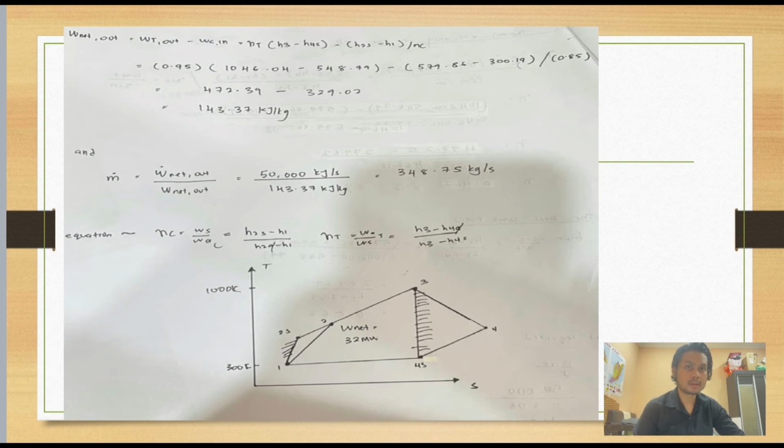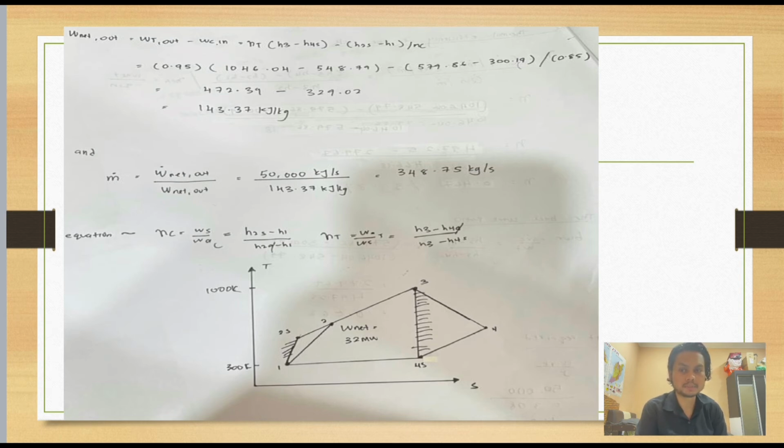So we must add the isentropic efficiencies to W net. It will be 0.95 times H3 minus H4 minus H2 minus H1 divided by 0.85. Using simple mathematics again, we get 143.37